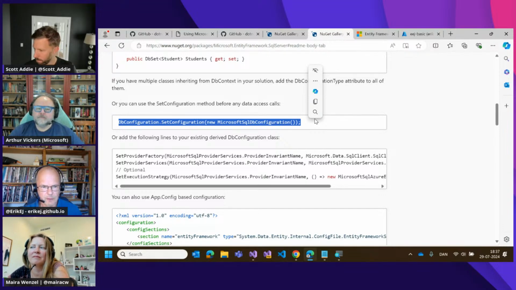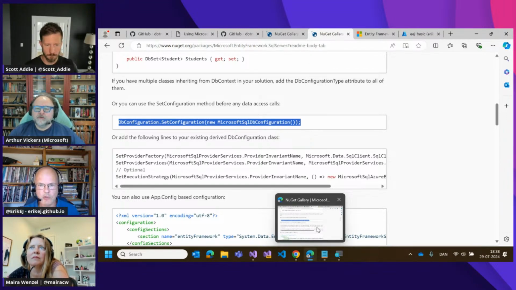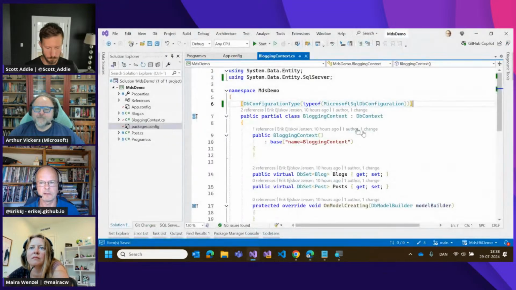Yeah. So in a web app, you have to do it in the startup thingy that runs before anything loads, you have to make the call there. And if you're in a console app, you have to do it like the first line in your Program.cs before you're newing up anything. But to be honest, a lot of people don't have multiple DbContext types. Correct. The normal scenario is that you would have just a single DbContext in your data access layer. Yeah. So now we're actually using the new package.